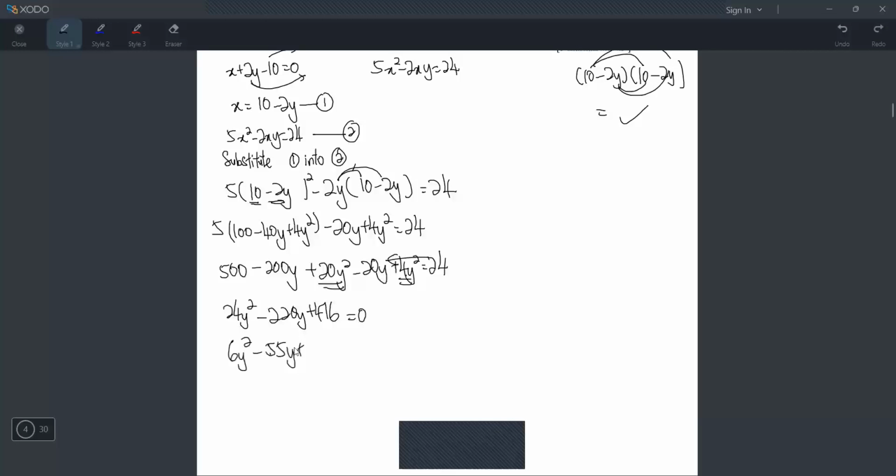And then 476 also can divide by 4, right? Yeah, 119. So I write positive 119 equals 0. And now I can press the calculator and get the 2 answers. So how to press this? So mode and then